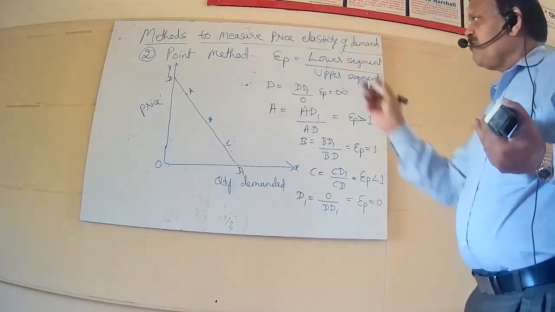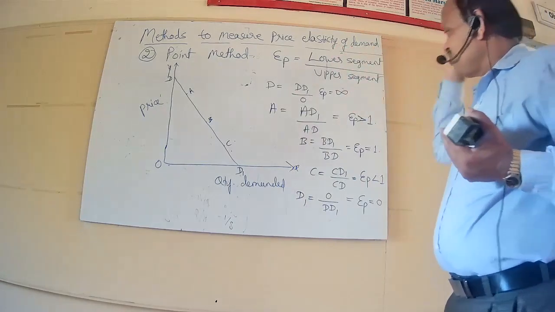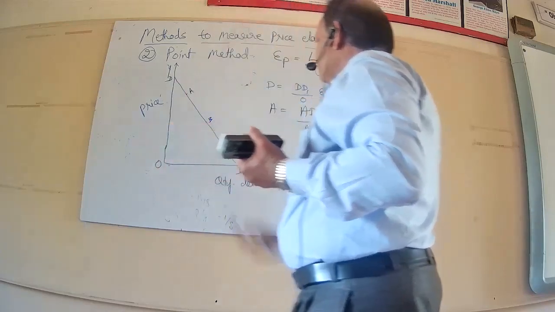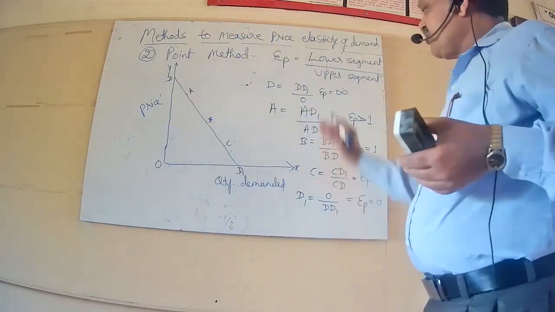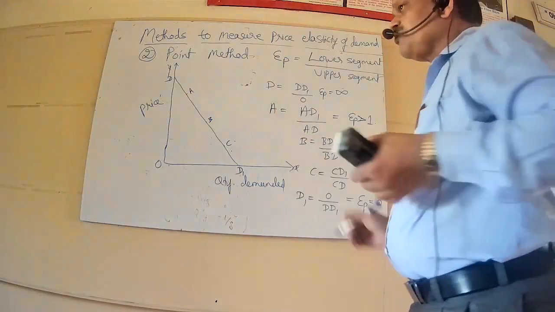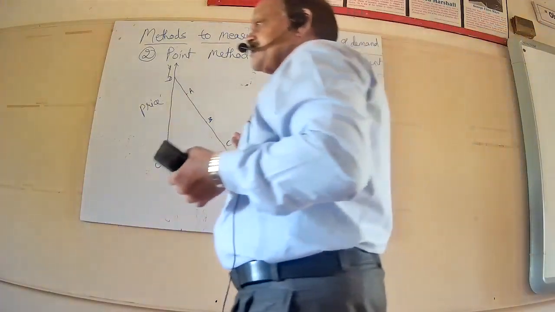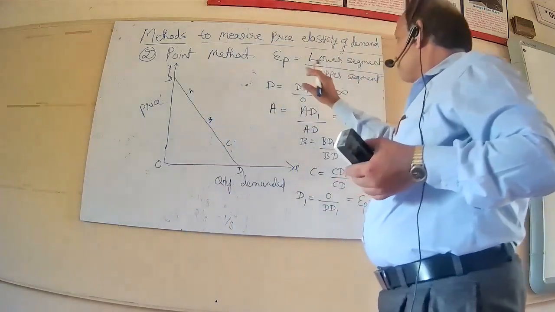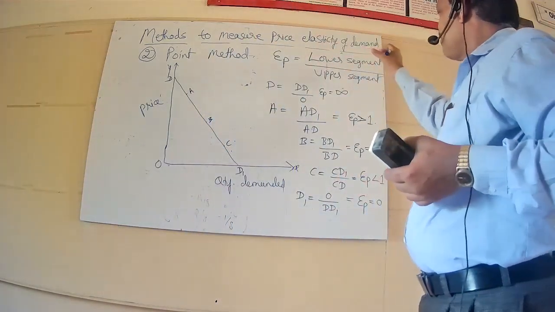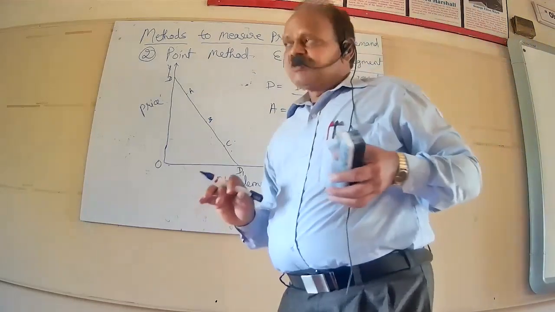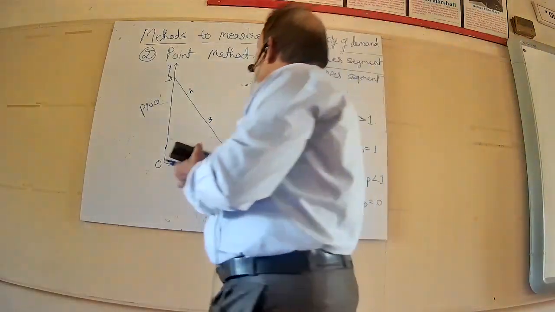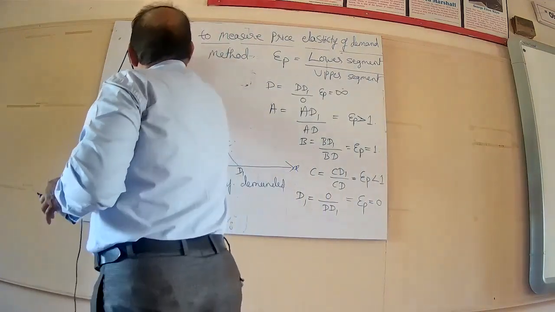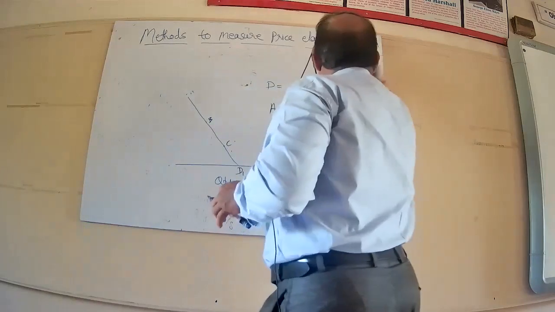In this way, we can measure the price elasticity of demand by using point method. It is the finding of price elasticity of demand at various points of a straight line demand curve touching both the axes. Therefore, we can identify all the 5 types of price elasticity of demand by using this point method. So it is nothing but finding of the slope of a demand curve exactly at a particular point.